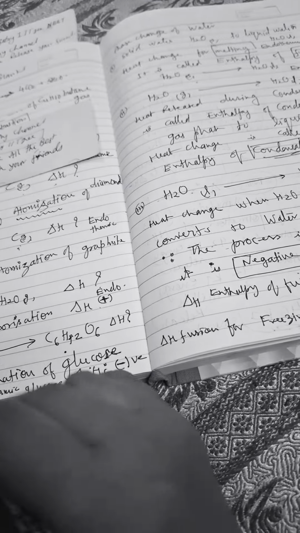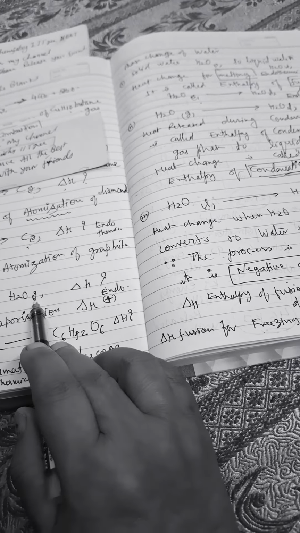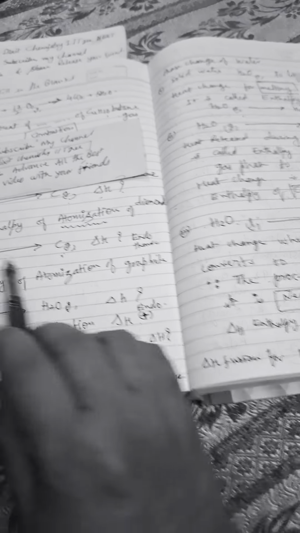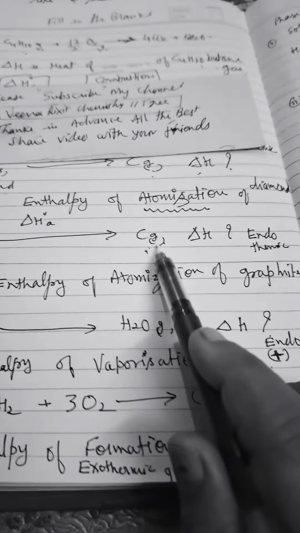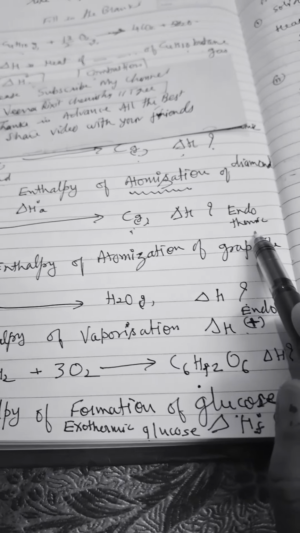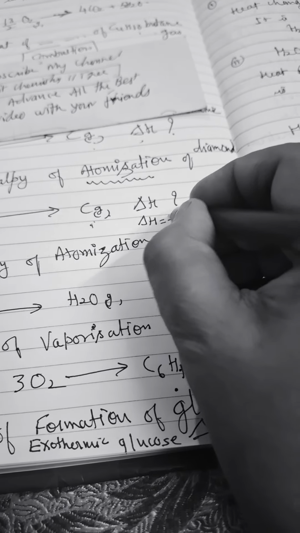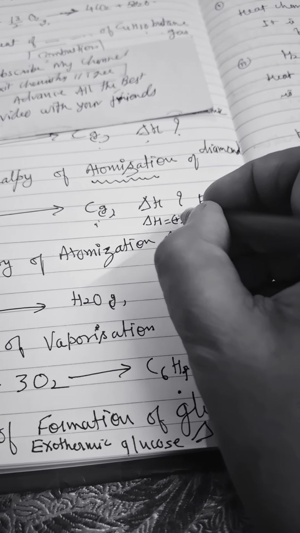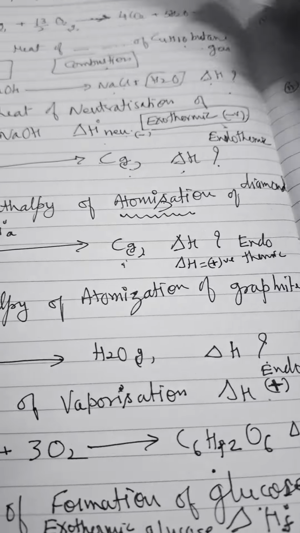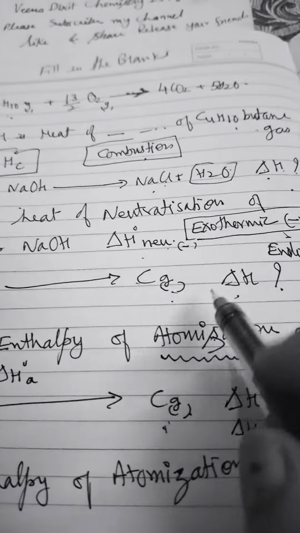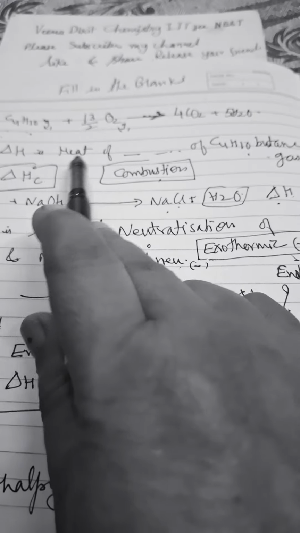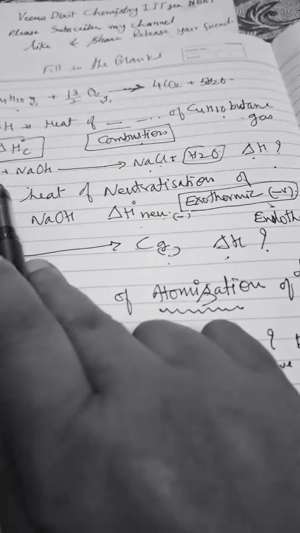Okay, and for liquid to gaseous state, it is an endothermic reaction. Graphite to gaseous state, it is an endothermic reaction. So delta H will be positive. Okay, they will give you the values. I will say don't remember all the values. It will be given. And here enthalpy of combustion. Here enthalpy of